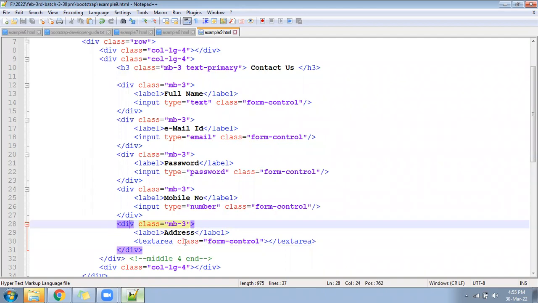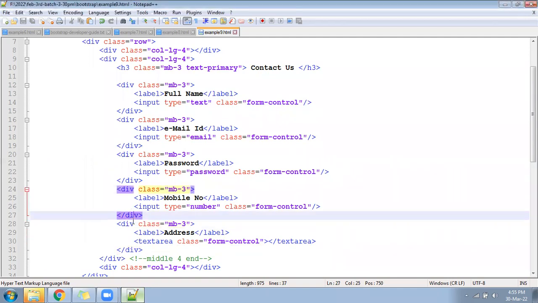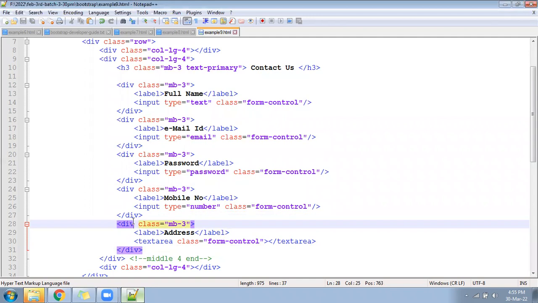Now, at the last, add one button as well. Focus, focus. That is called focus. In CSS, there is a feature called focus. Once you click on the text box, a shadow will get applied. Box shadow, remember? When we click on the text box, the shadow will get applied.